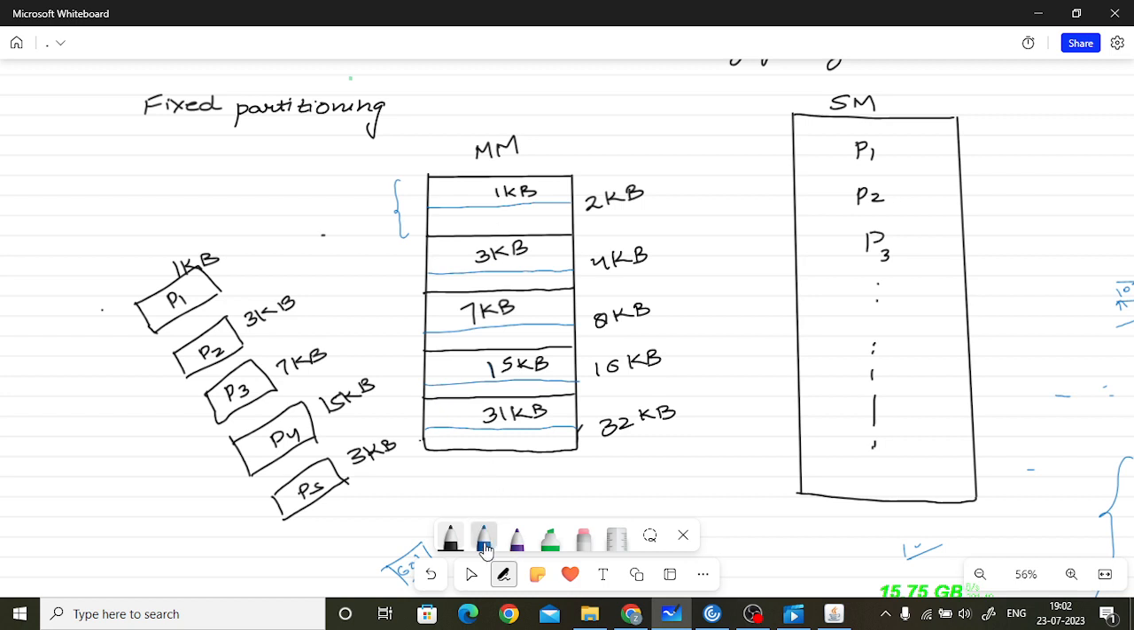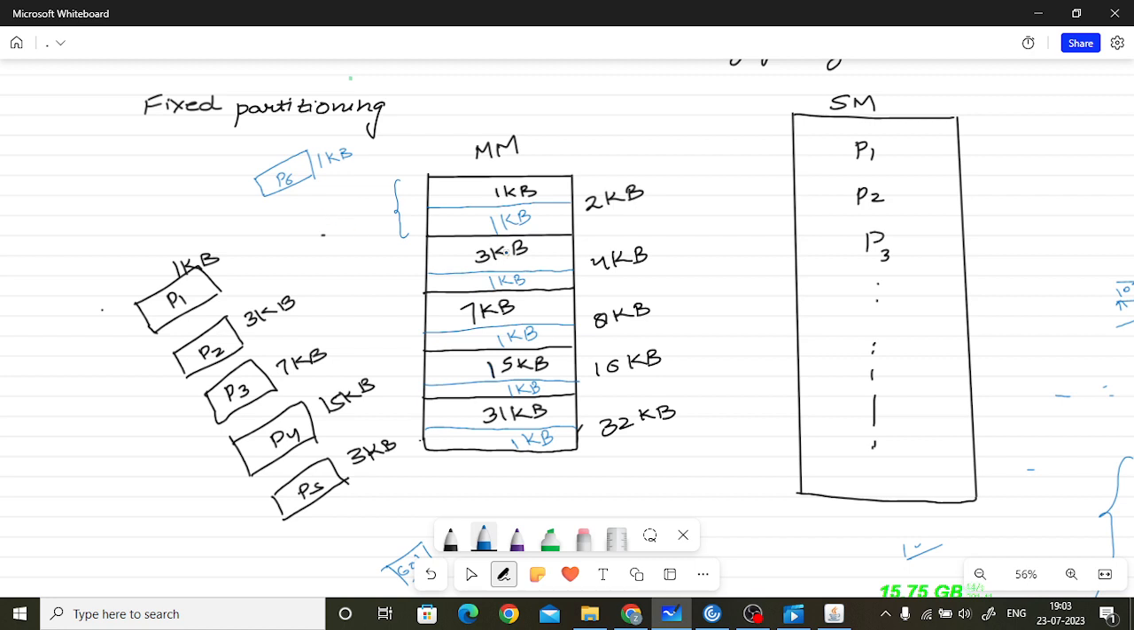So we have 1 KB of free space in this block, 1 KB of free space in this block, and 1 KB of free space in this block, and the memory is full. And if we have another 1 KB process, let's say P6, of size 1 KB, it has to be loaded into the memory,